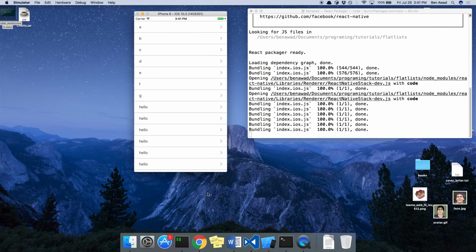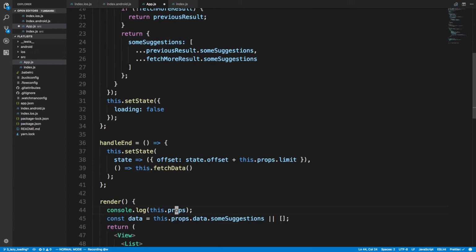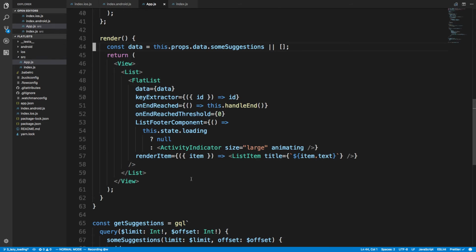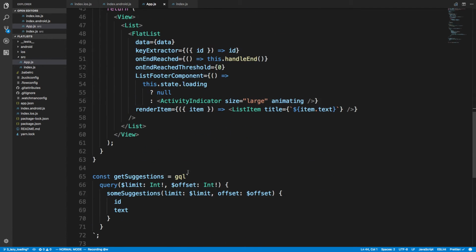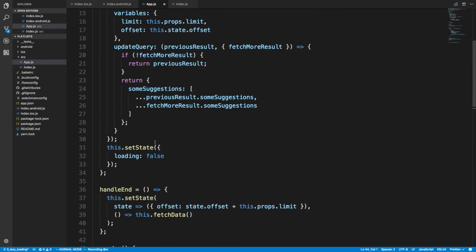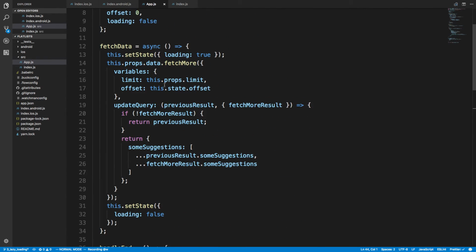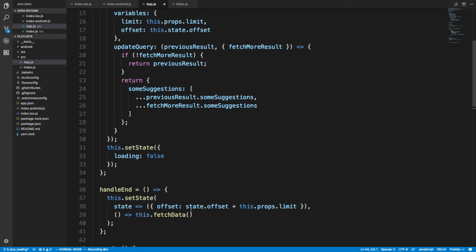Alright, so that is it for this video, guys. We're all done. We can clean this up by getting rid of these console logs. But we got everything working. This is how you can do offset-based pagination in GraphQL. You'll have your limit and your offset variables, and you'll use fetch more. And when you fetch more, you update what the limit and the offset are going to be. Limit stays the same the whole time, but our offset, you'll notice we change in the state here, and just incrementing what that